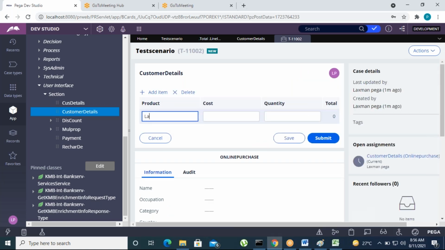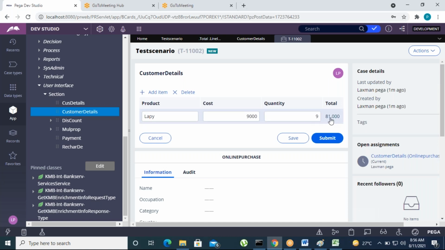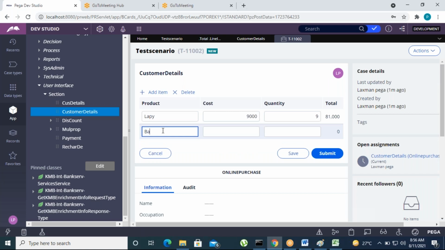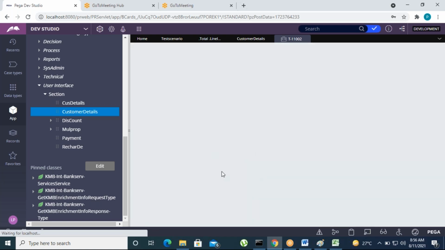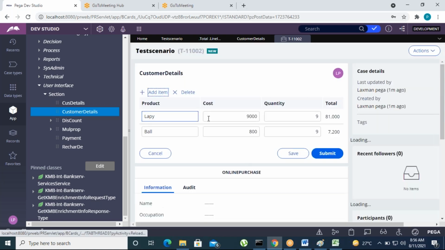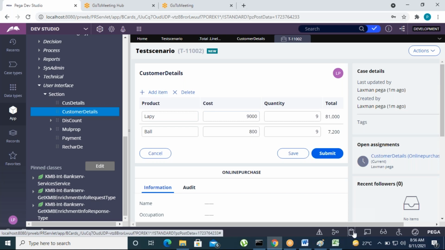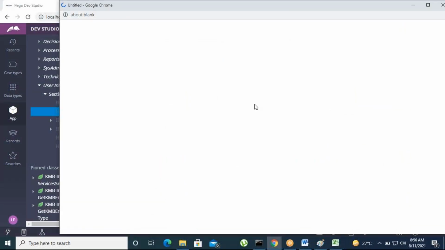Suppose some laptop, the cost is some 9,000, suppose. Some quantity is 9. Automatically the total is updated here, like this. Now how to add the subtotal? If you click on save, the details are saved into the clipboard, right? So line items 1 laptop, line items 2 ball, correct? Let's open the clipboard now.